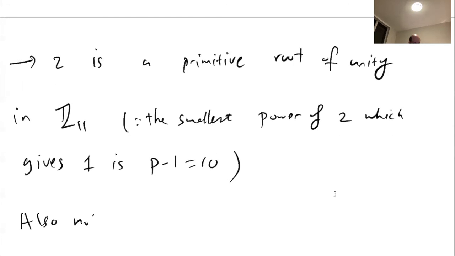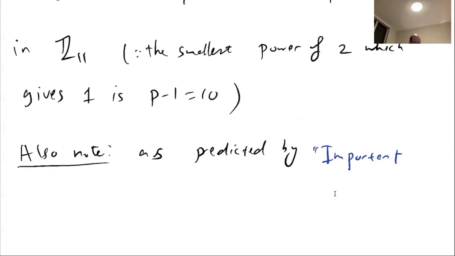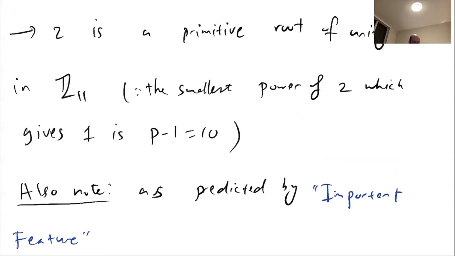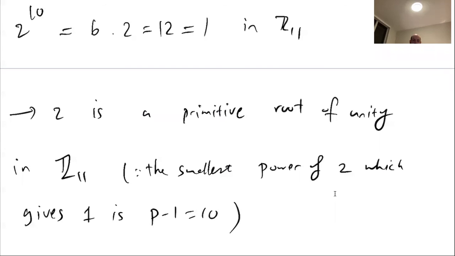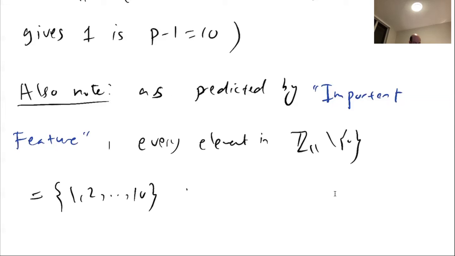Also note, as predicted by the important feature above, do you remember what we proved as the important feature? It proved that if r is a primitive root of unity, then every number in Zp except 0 can be written as a power of r. So as predicted by the important feature, every element in Z11 except 0, which is the same as 1, 2, all the way to 10, can be written